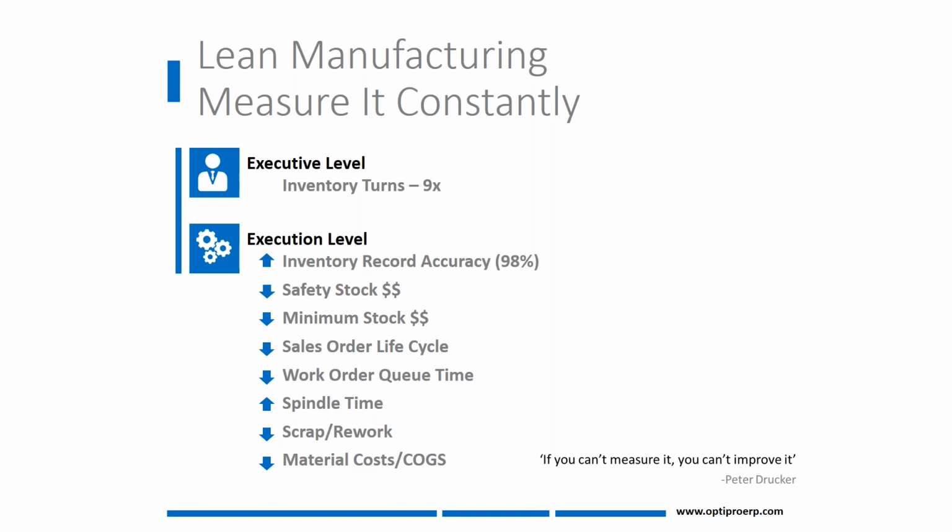If you take these indicators and you measure them on a weekly basis, you very quickly see, am I going lean or am I staying traditional? Or, heaven forbid, we're heading in the wrong direction. But again, if you don't measure it, it's certainly not going to get better. Okay.